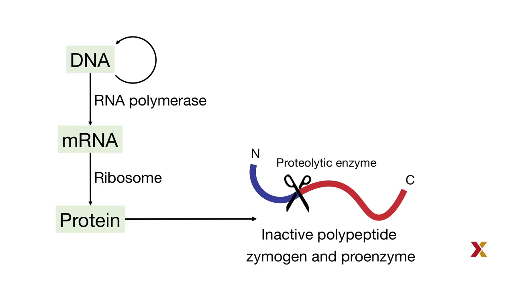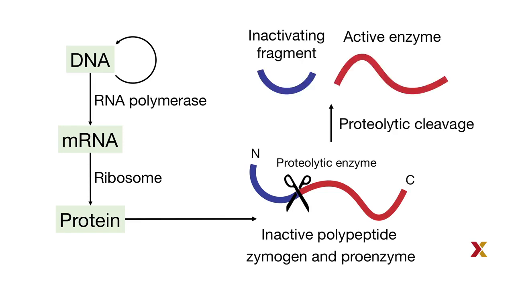How are zymogens activated? The activation is triggered by a hydrolysis reaction catalyzed by a proteolytic enzyme. The result is usually a change of conformation of a portion of the polypeptide, revealing the active site of the mature, fully processed enzyme. Very often the processing occurs inside the Golgi system, where a specific region of the zymogen